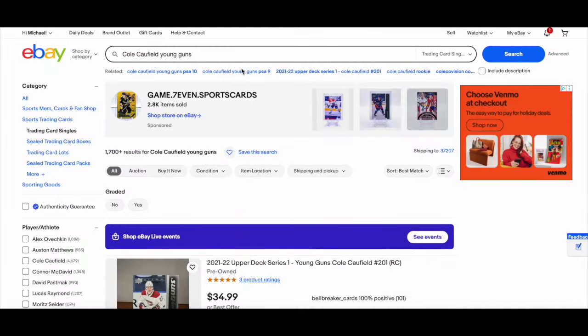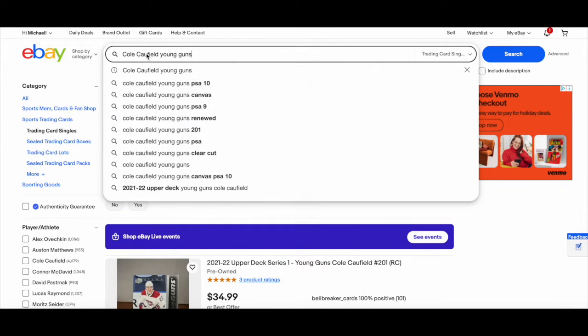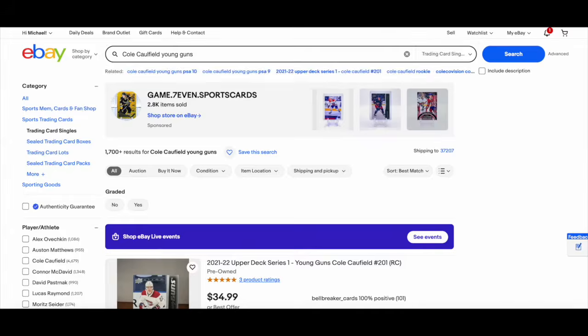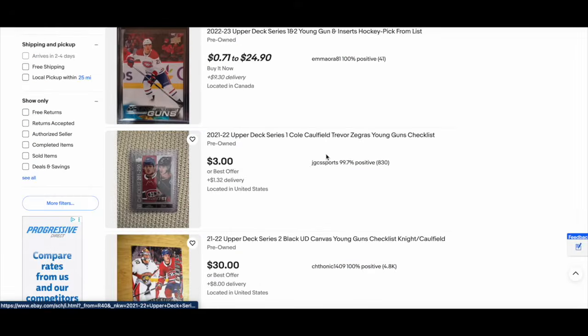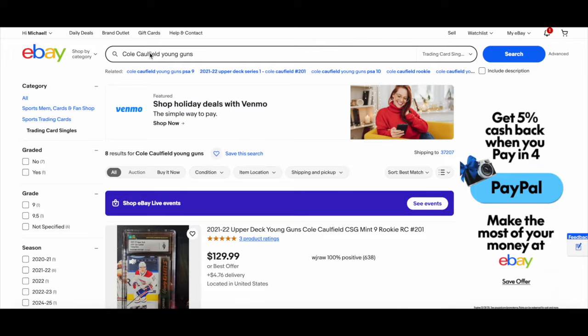All right, so let's start with some of the more basic tips that many of you may or may not know when it comes to finding deals on eBay. You guys might already know the old misspelled player name trick. I actually got fooled by this one when I was trying to list a card. The guy's name is Cole Caufield. I thought it was Caulfield, C-A-U-L-F-I-E-L-D. When I put that in, you don't get a ton of results, but you do get some of his results. But you can see the results are different, so that can definitely make a difference sometimes. I haven't necessarily found any deals using this method, but it's a pretty common tip that I've seen mentioned, so